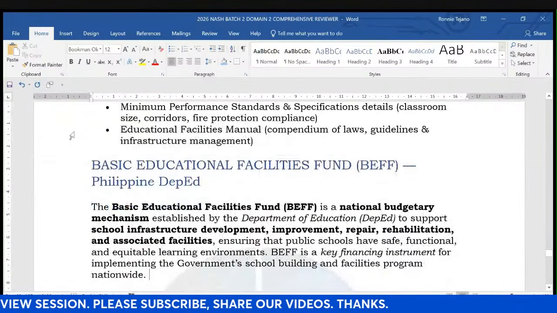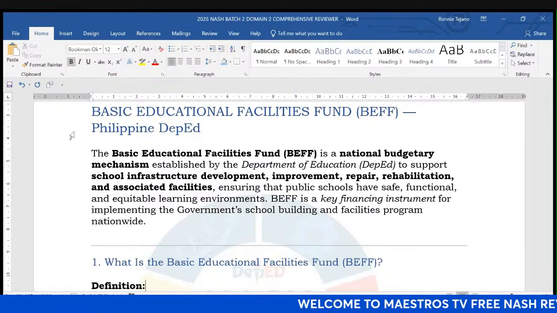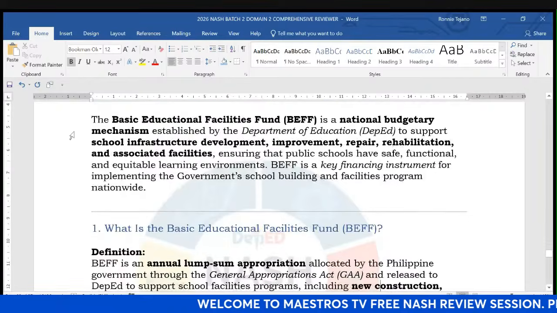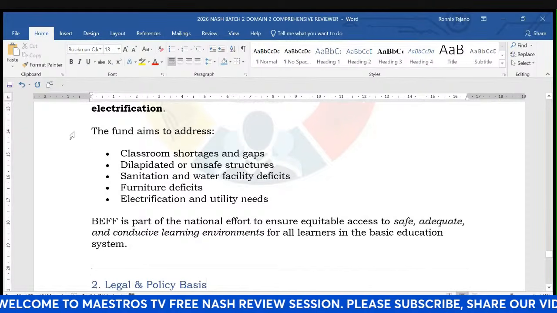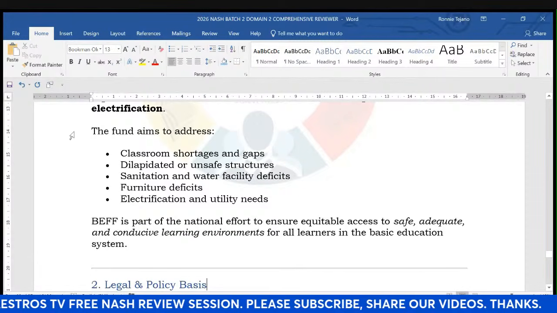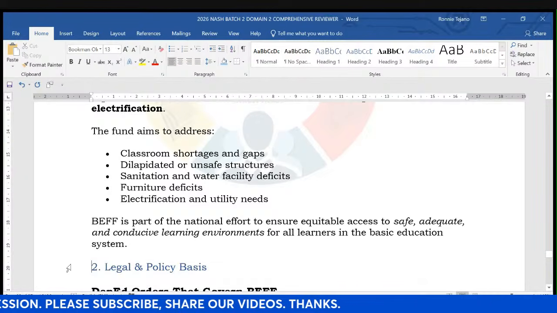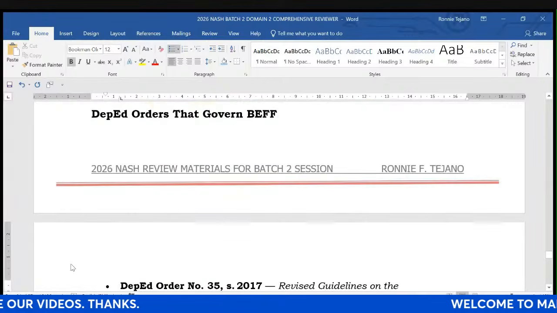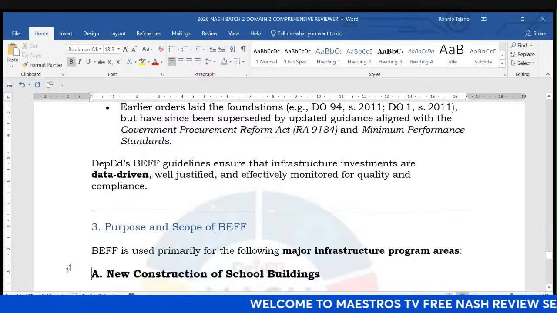Okay, the Basic Educational Facilities Fund or the BEFF is a national budgetary mechanism established by DepEd to support the school infrastructure development. This will help improve all the classroom shortages and gaps, dilapidated and unsafe structures, sanitation and water facilities. Punta lang tayo sa one of the